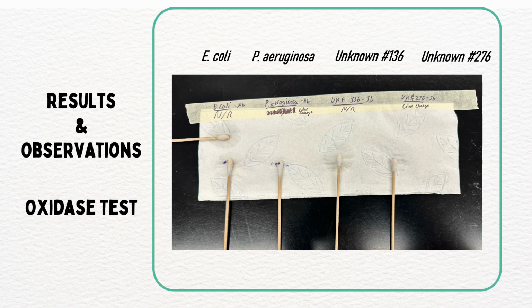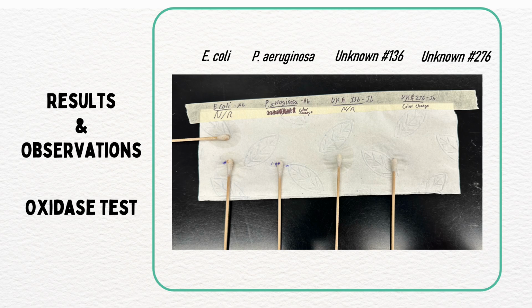So now for the results and observations with the oxidase test. We have 4 different types of tests that were conducted. However, I just want to mention that for E. coli, we did 2 different tests because we noticed that on the first test, there was an immediate appearance of purple. However, we retested it and there was no appearance of purple. So we believe that this is the correct one since